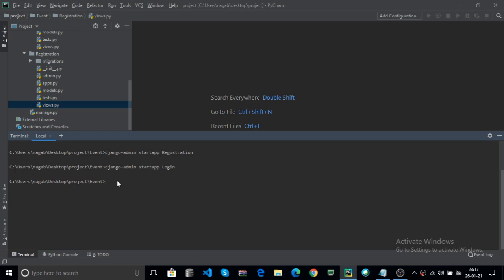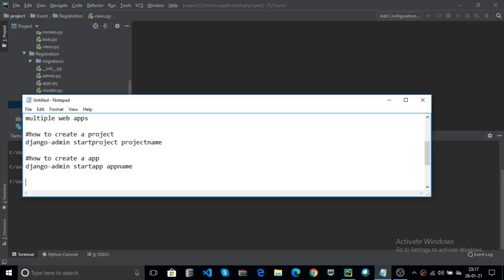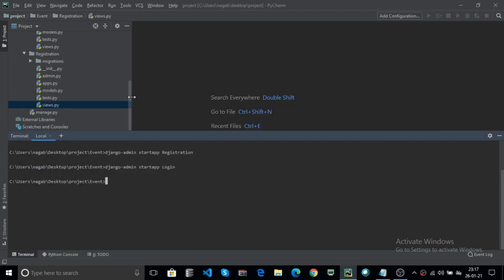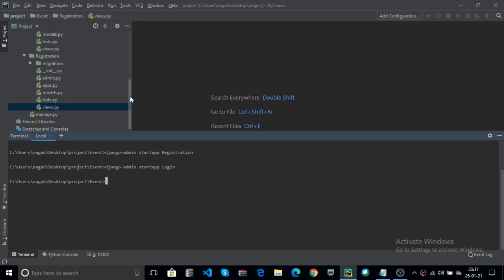Now how to run your Django server? You can use python manage.py runserver. Before running the server, we discuss what the modules do.